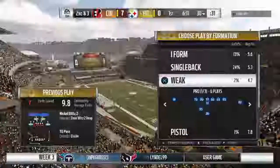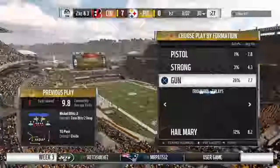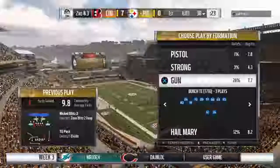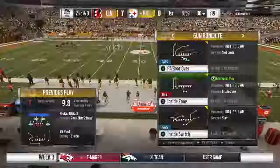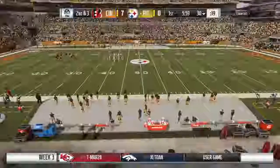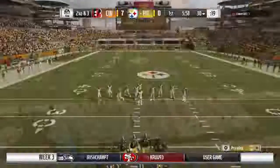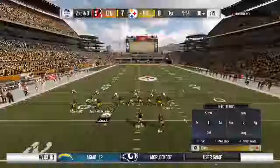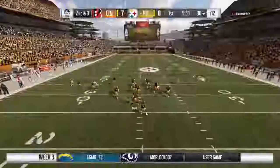Now, Charles, what's the mindset here offensively? You gave up the touchdown pretty quickly. Would it have changed if you had gotten a stop and it would be 0-0 right now, or no? I wouldn't think so. I think in most cases, just down a touchdown, we're just getting started here. It should be a long way to go. You think to yourself, stick with the game plan, all the things you worked on in practice. But you have some teams that when they get down, their natural tendency is to aggressively strike back. And let's see if they want to get outside of the game plan we expect and try and be aggressive